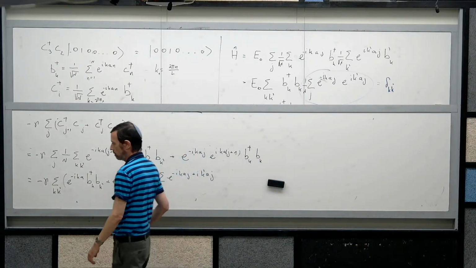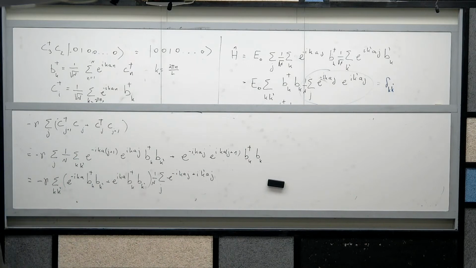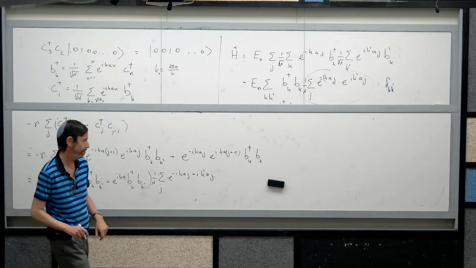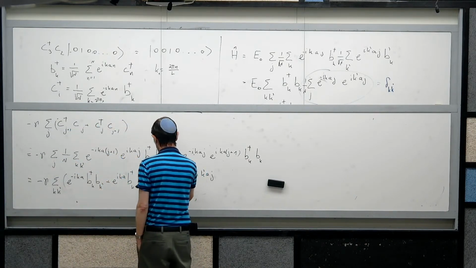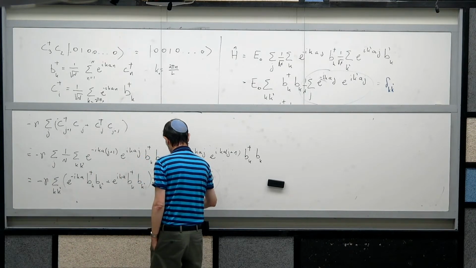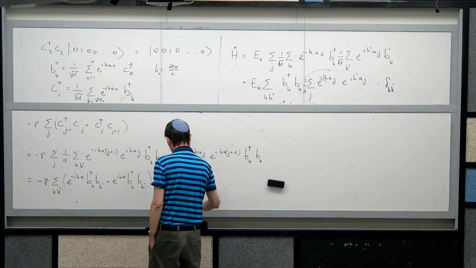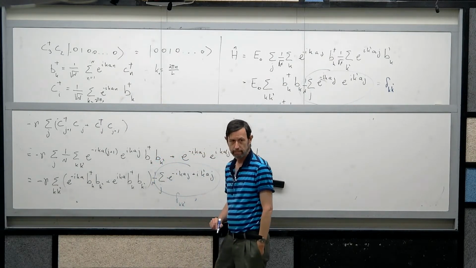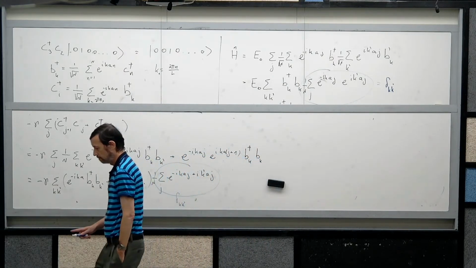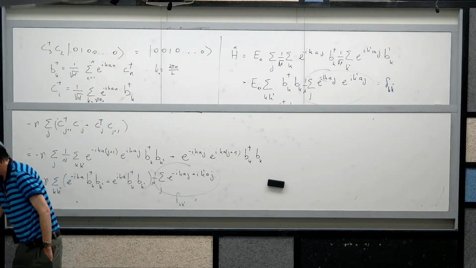This is our good old friend, the Kronecker delta. And we get